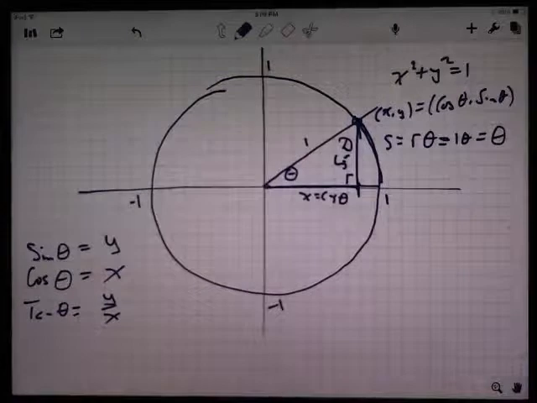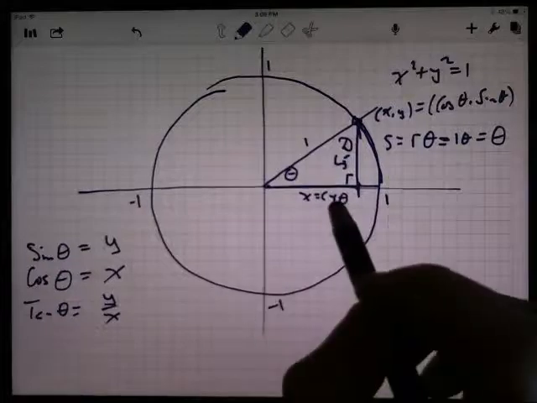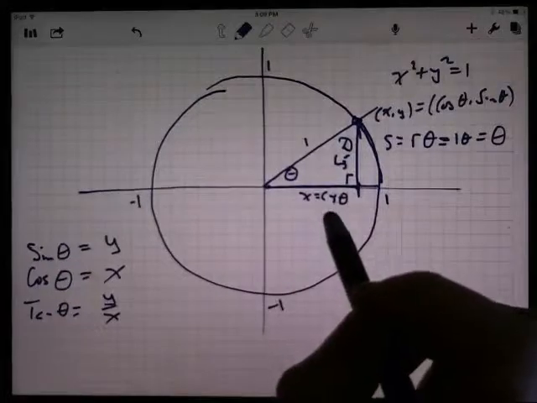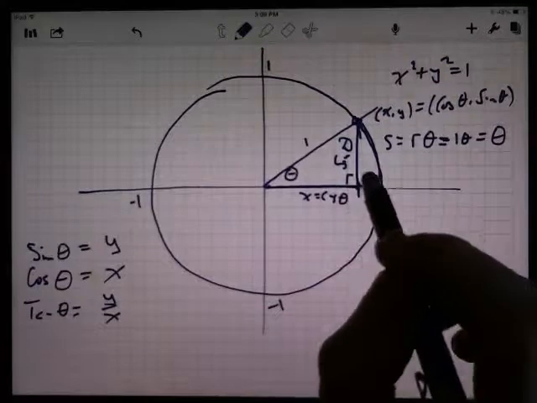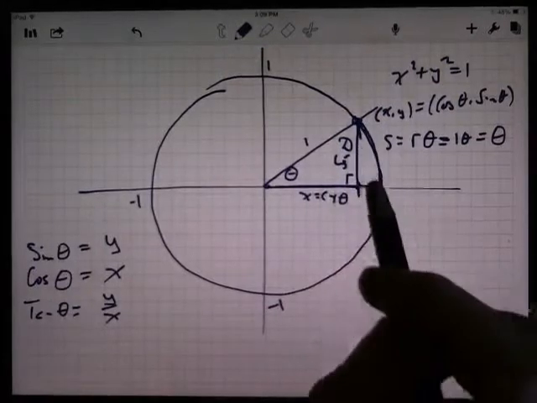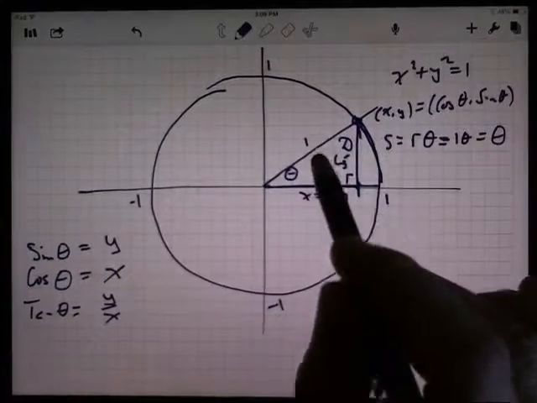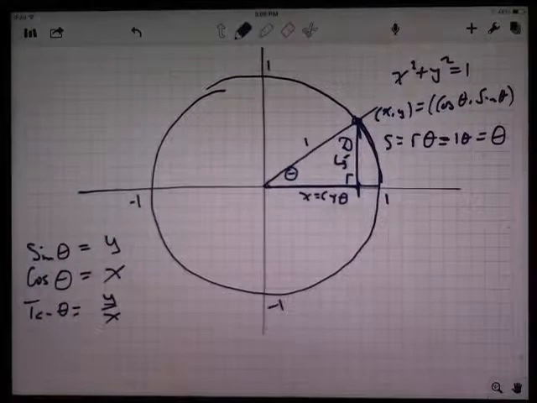To me, this just feels so wrong because trig functions should be ratios of sides. And just to say cosine is the x-coordinate and the sine is the y-coordinate, and just saying, oh, that's the side, this side is the cosine, this side is the sine. It's like, no. This side divided by 1 is the sine. This side divided by 1 is the cosine. Okay, I can live with that. Anyway,